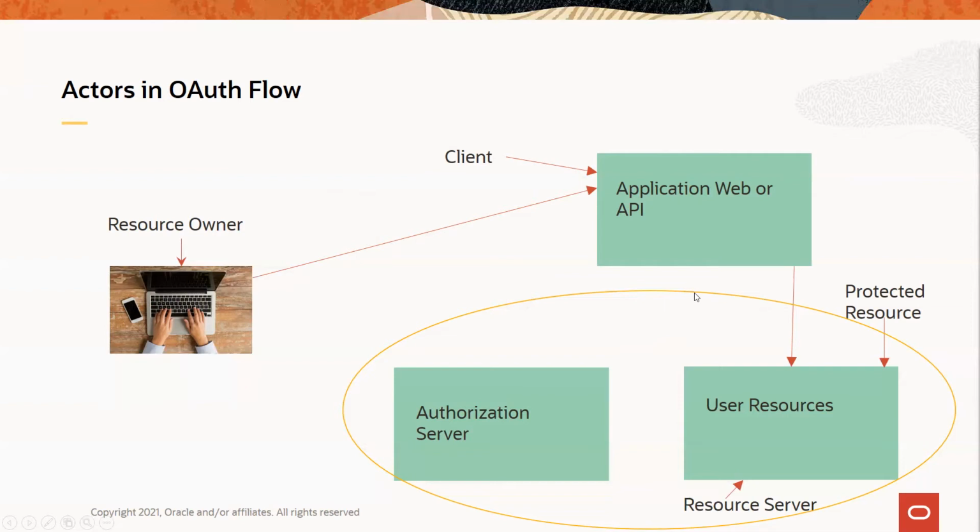Our client basically provides service to the resource owner on the allowed section of the resources. It is an application or API that needs access to the protected resource on behalf of the resource owner from the resource server, with the authorization or consent from the resource owner. In some instances, the authorization server and the resource server are a single unit. Before processing a request, the client application needs to have an existing registration with the OAuth and OpenID Connect servers. We'll see how these are done using Oracle Access Manager as we move forward.